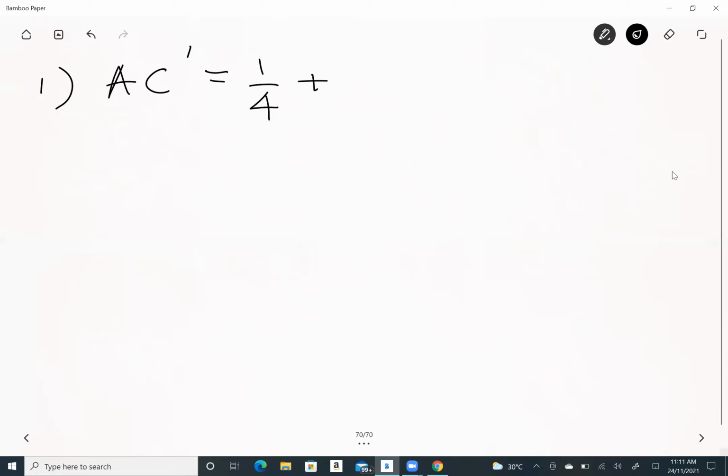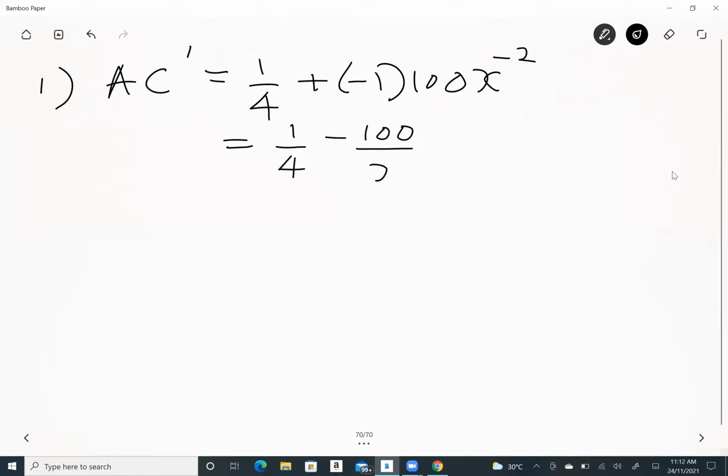Plus, I just write down the immediate step. Then we don't jump right into the final form. Minus 1 times 100. You reduce the power by 1, that is negative 2. So what is it? That will be equal to 1 over 4 minus 100. Now you bring back the power down. So you got,